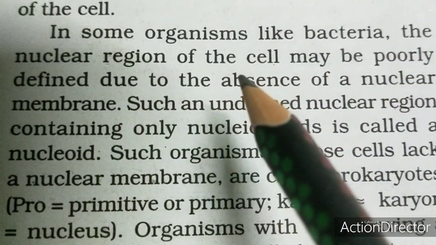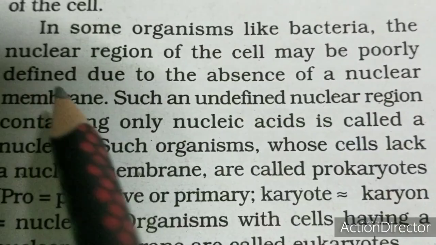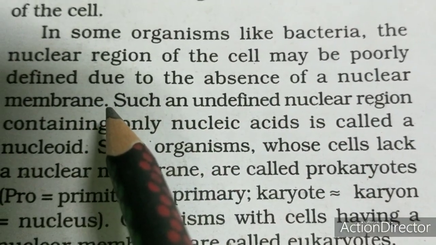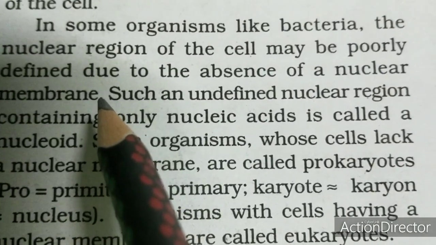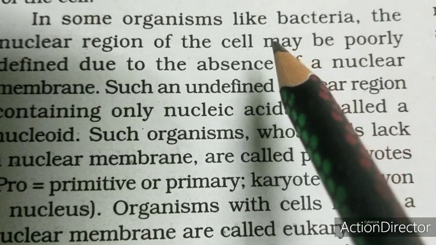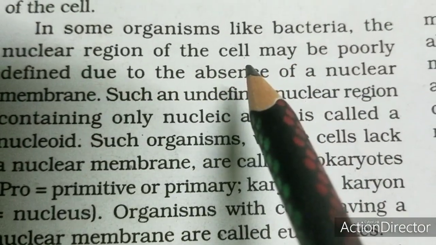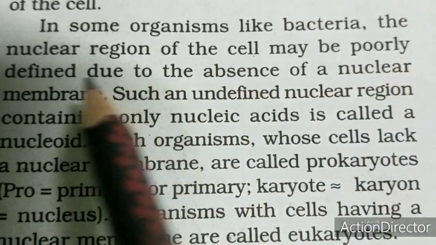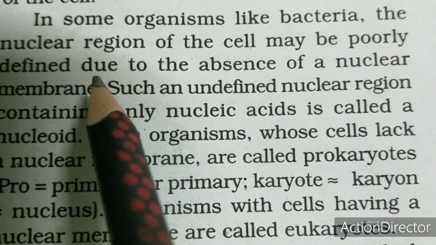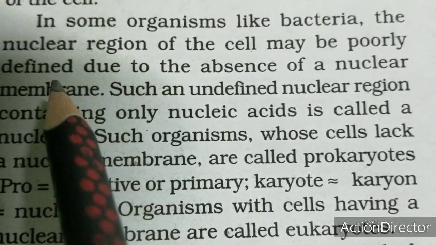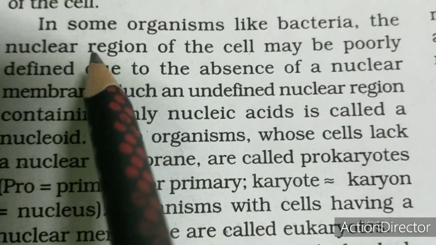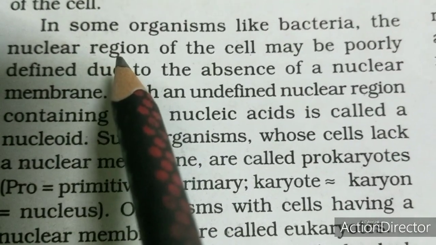The nuclear region of the cell may be poorly defined due to the absence of nuclear membrane. Means, in some very primitive organisms like bacteria, the nuclear region of the cell is very poorly defined. Defined means developed. So, why is it called a poorly developed nuclear region? It is because